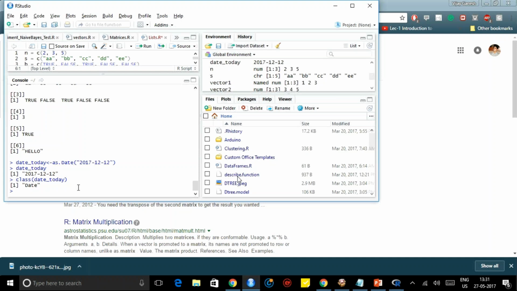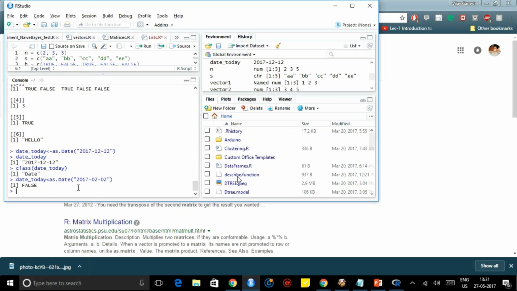So he asked whether you can compare two dates. Date underscore today. Sorry, that was not today's date. We'll just do date underscore today less than hash dot date of... Tell me some other date. 2019 02 maybe 02. It will say false. No, that one is later. We can do things like that. If you need a timestamp, if you need to change the format of this, there are functions to do that. So you can play around.